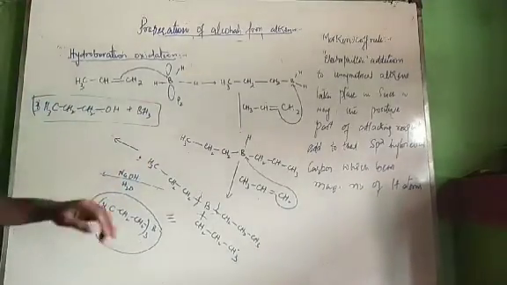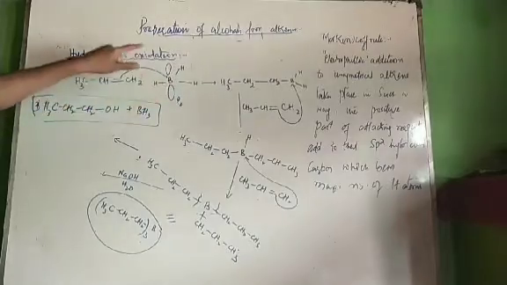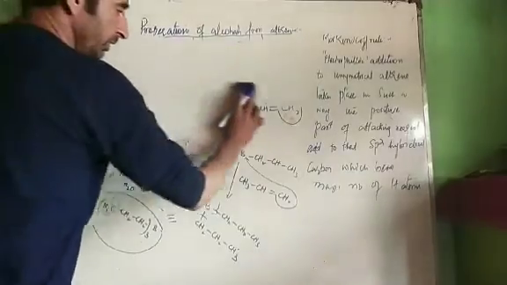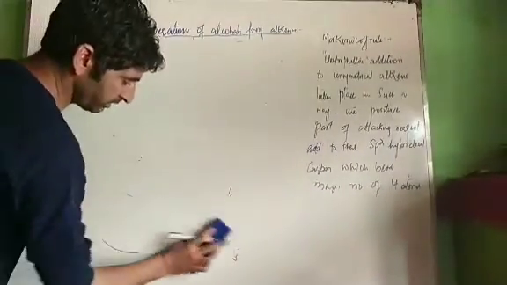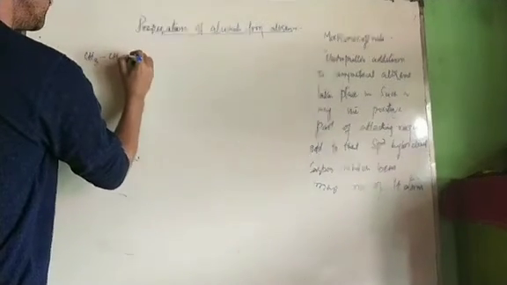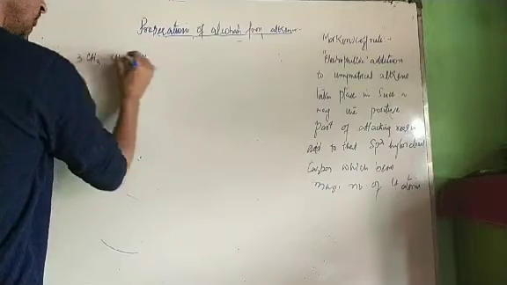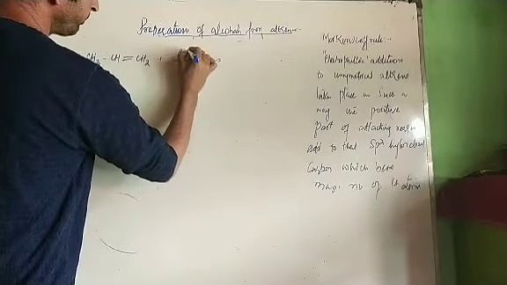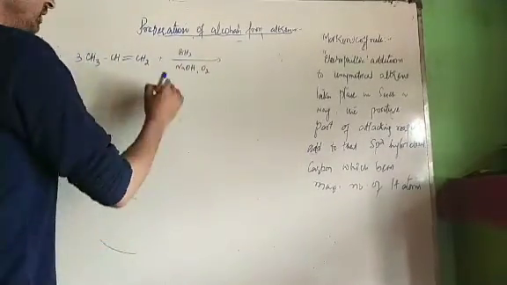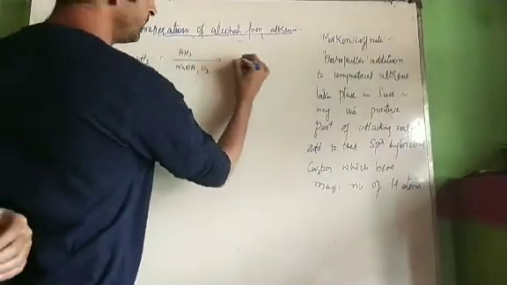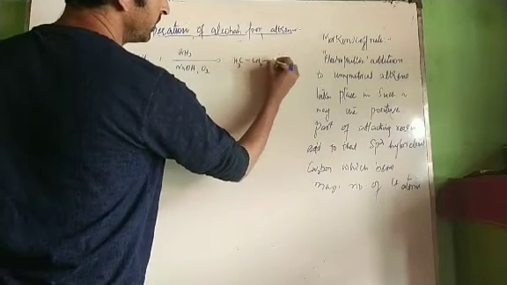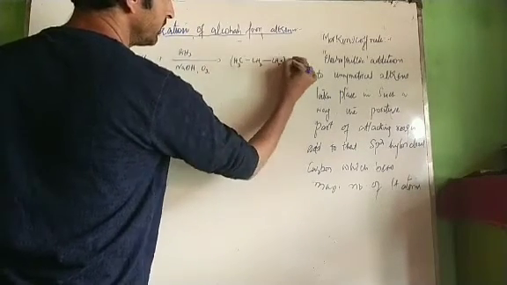Now tell me guys, is hydroboration oxidation following Markovnikov's rule or not? It follows Markovnikov's rule. Therefore, in this reaction, we will now write the net reaction. What have we done? We have taken 3 molecules of this type of compound and treated them with BH3 and NaOH, O2. This is hydroboration oxidation. We get the intermediate, trialkyl boron, CH3, CH2, CH2, this is boron.